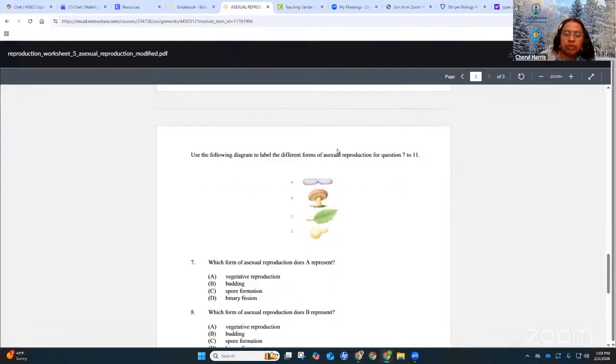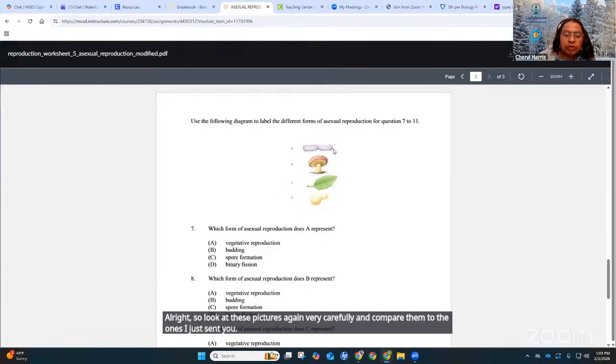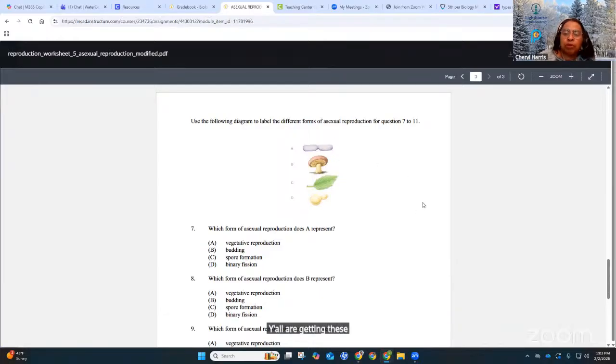All right, so look at these pictures again very carefully and compare them to the ones I just sent you, because y'all are getting these four questions wrong in abundance.